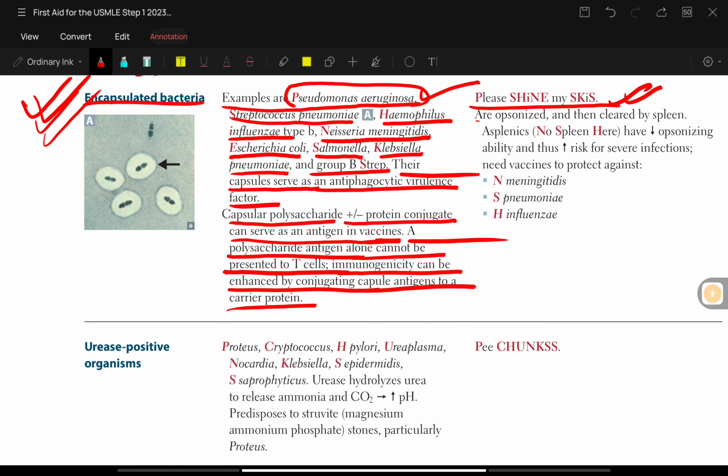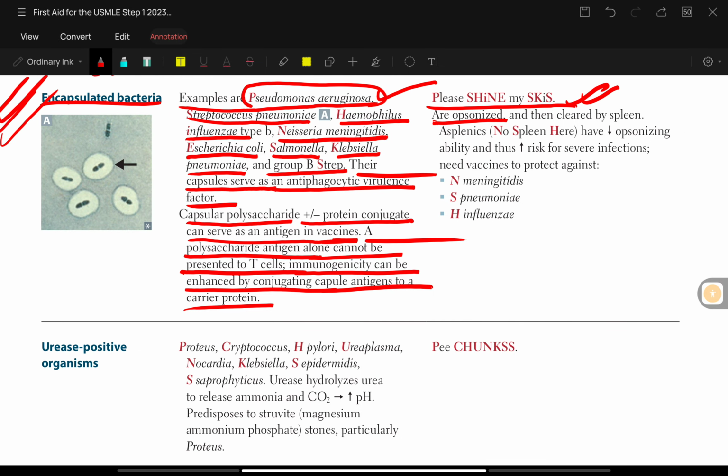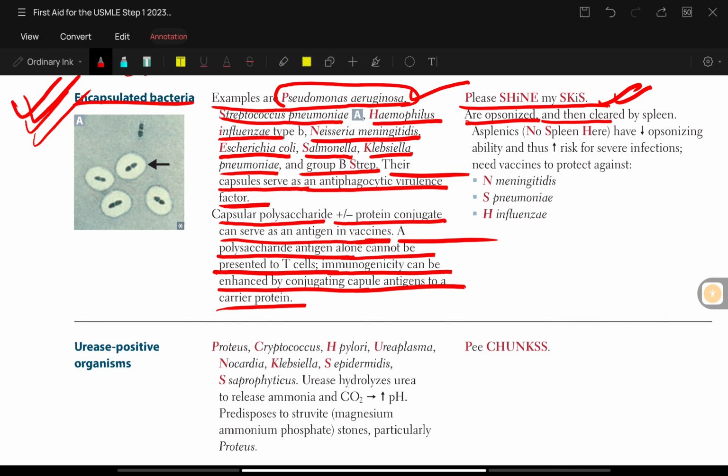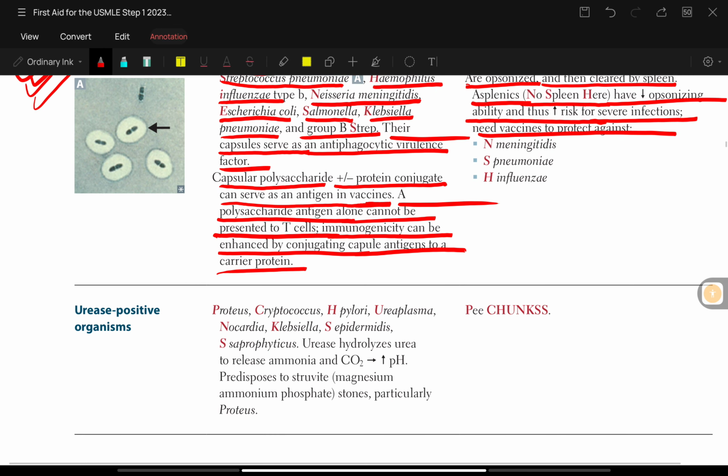Encapsulated bacteria are opsonized and then cleared by the spleen. Asplenic patients, with no spleen, have decreased opsonization ability and thus increased risk for severe infections, and need vaccines to protect against